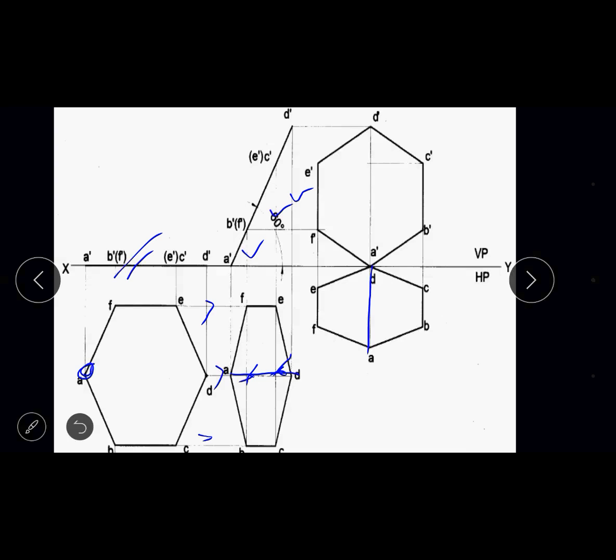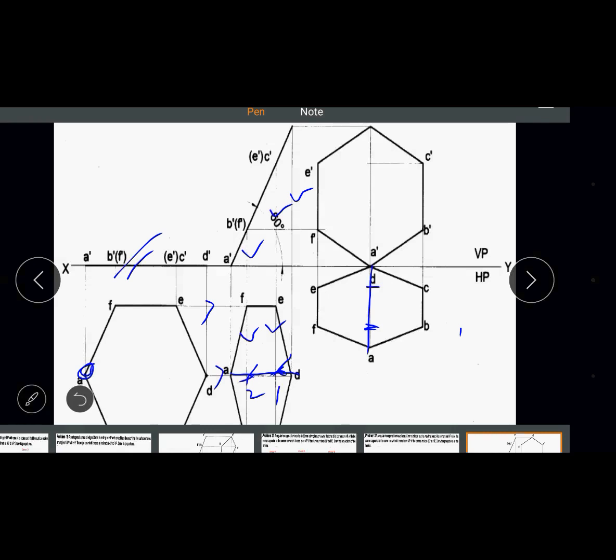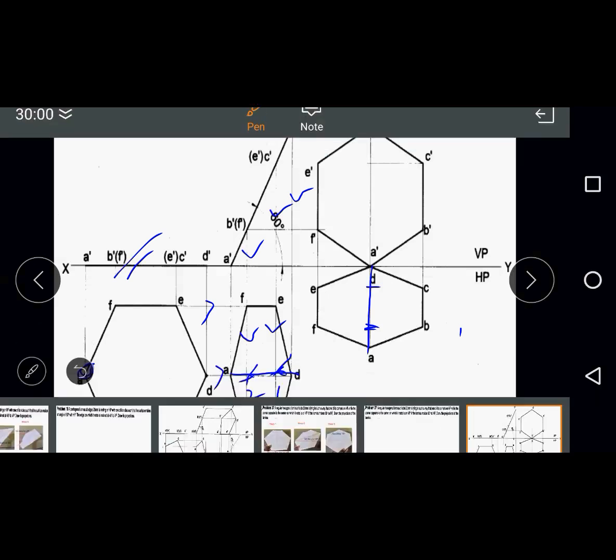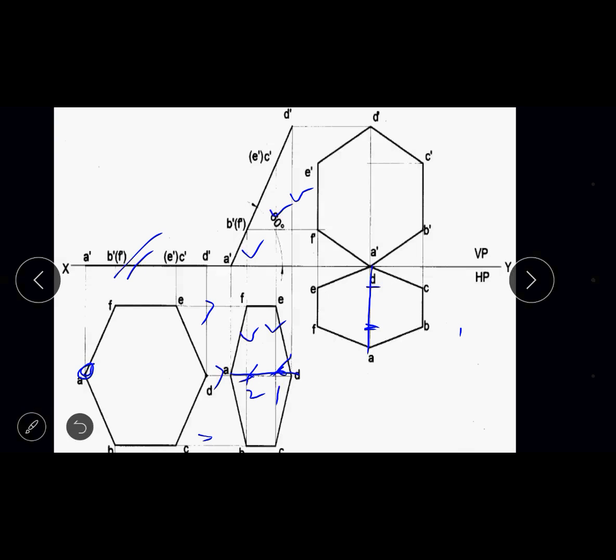And then along the line here you find vertical lines coming from the corner E to C and F to B. So these two vertical lines over here. There are two vertical locus lines running on the hexagon, which intersect the line DA. So let us mark the point of intersection of the line EC along the line DA. Let me mark it as 1, and then let me mark the point of intersection of the vertical line FB, which intersects the line DA.